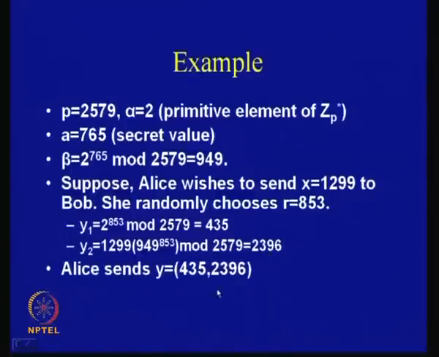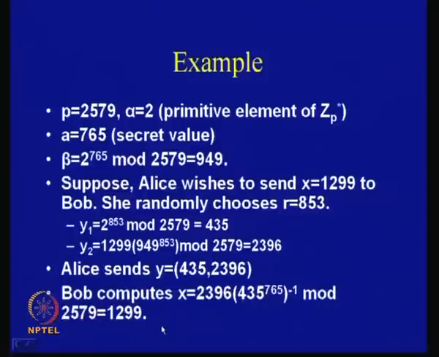So Alice sends this as the ciphertext, and what Bob does is compute 2396 to the power of 765, which is the corresponding value of the secret. Note again that Bob has this secret value, so he can easily do this operation, but the adversary should be unable to,